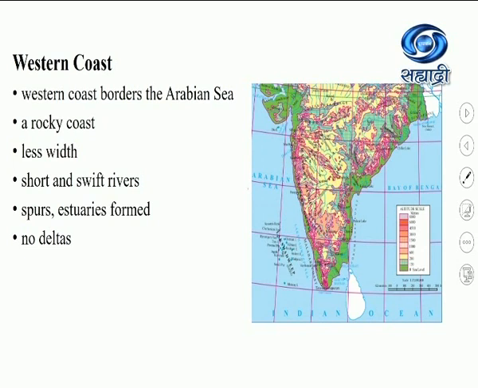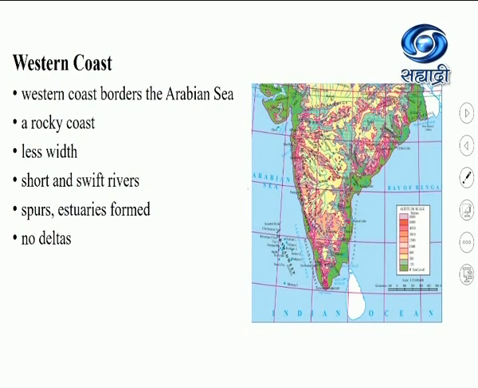Now this western coast is a very rocky coast. Why is it rocky? Because here you can see the width is very less. The rivers flowing through this western coast are very short and swift. They are not as long as River Ganga. So these short and swift rivers flow through this particular western coast and empty themselves in the Arabian Sea. So because they are very short and swift, you will not find the deltas which are formed